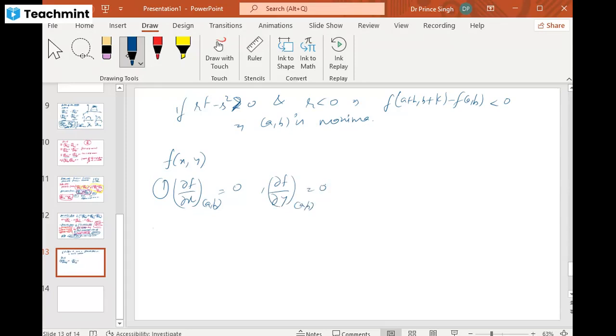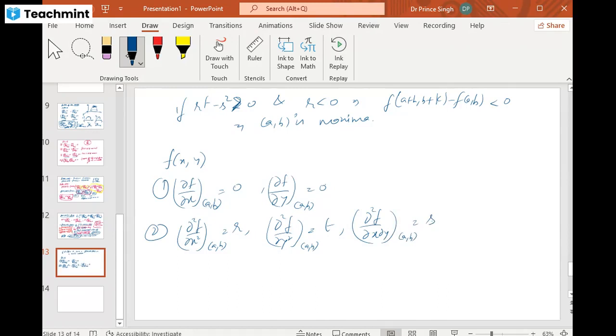Then we calculate the second order derivative with respect to x at the point AB, and we name it as R. We calculate the second order derivative with respect to y at the point AB, and we name it as t. And we calculate the second order derivative with respect to x and y at the point AB, and we name it as s. And then we calculate